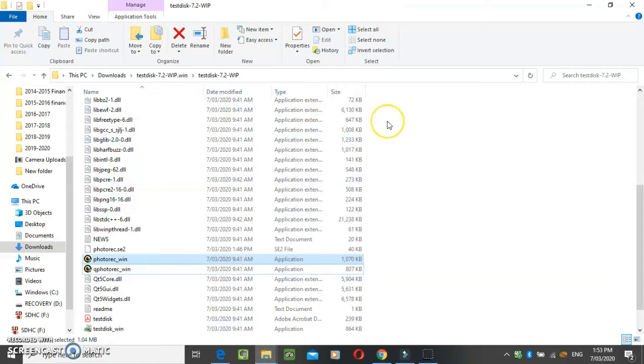Download it here to a file that I just had to extract, and then the program that you want to open here is called PhotoRec_win. Go ahead and open that up,